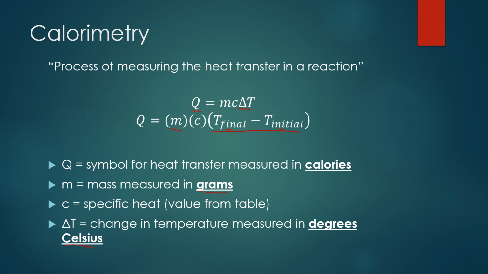And last but not least, this variable represented by the letter C is the specific heat. These are values that you'll get from a table, or else they'll just be given to you in the word problem itself. Specific heat is the capacity of that system to absorb heat. So it's dependent upon what type of material we're talking about. Different materials have different specific heats. Water, for instance, has a specific heat of 1 calorie.